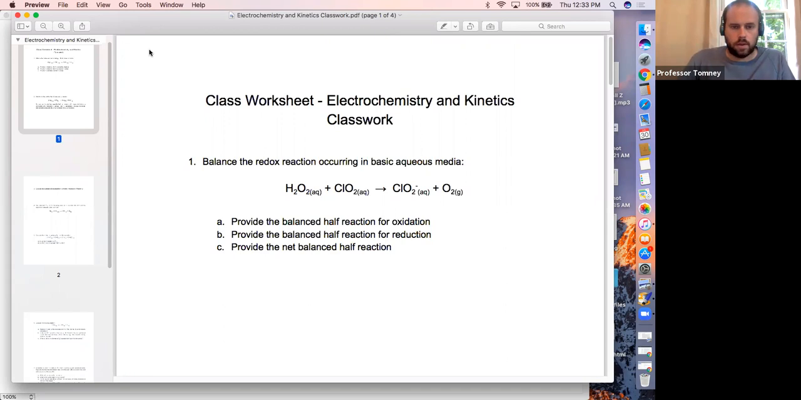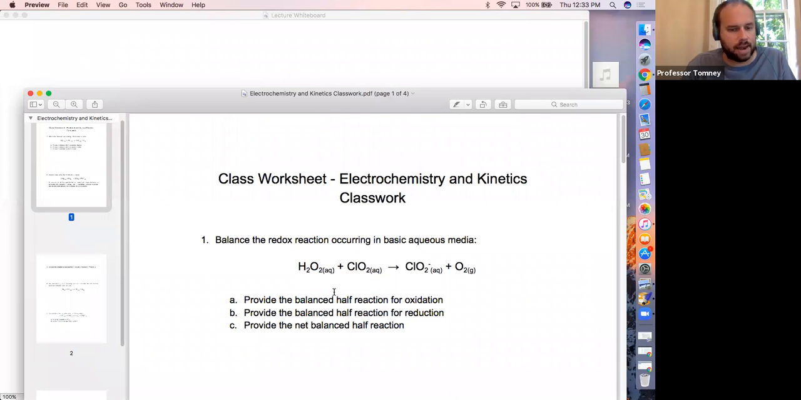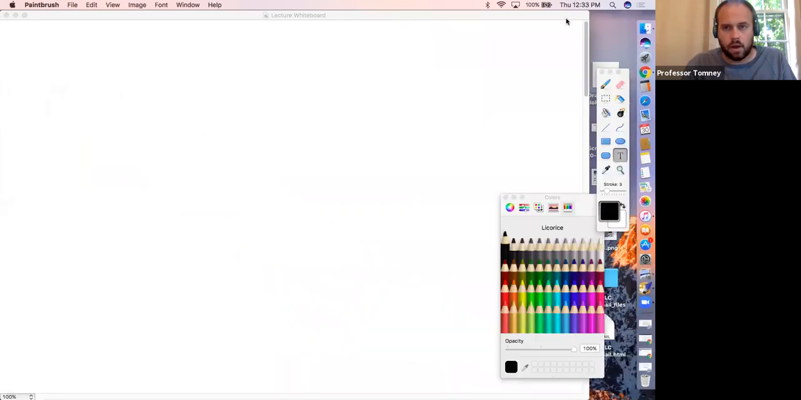All right, there's a couple things we need to do here. We need to provide the half reaction for the oxidation, the half reaction for the reduction, and then the net reaction. That really shouldn't say net balanced half reaction. It should be the net balanced redox reaction. To approach this, the first thing we want to do is break down the oxidation and the reduction. So the half reactions are going to be